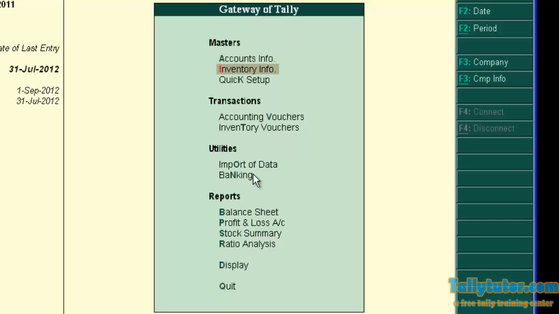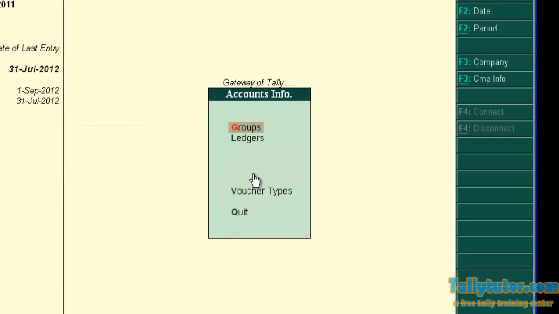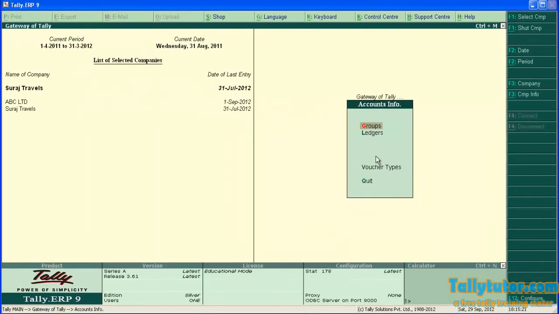A for accounts info, I for inventory info, K for quick setup, V for accounting vouchers, T for inventory vouchers. This letter is called a hotkey. To go to the accounts info menu, press A from your keyboard. Now we are inside the accounts info menu. To come back, press the escape button from your keyboard or click on the close button.